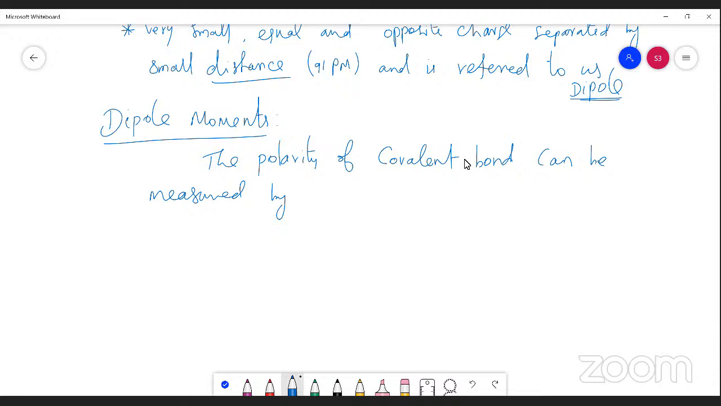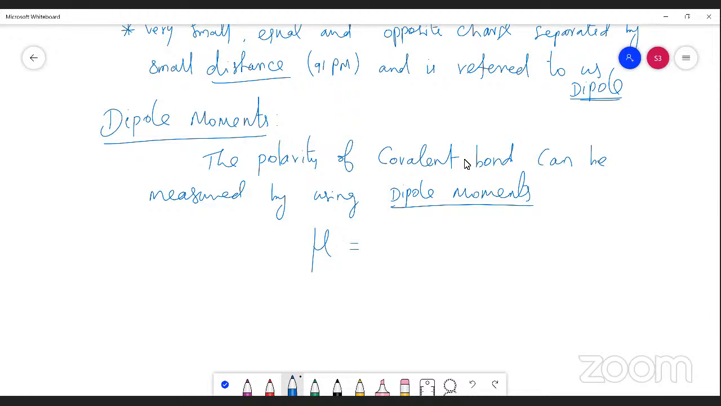By using dipole moments. The polarity of a covalent bond can be measured by using dipole moments. The dipole moment is mathematically expressed as